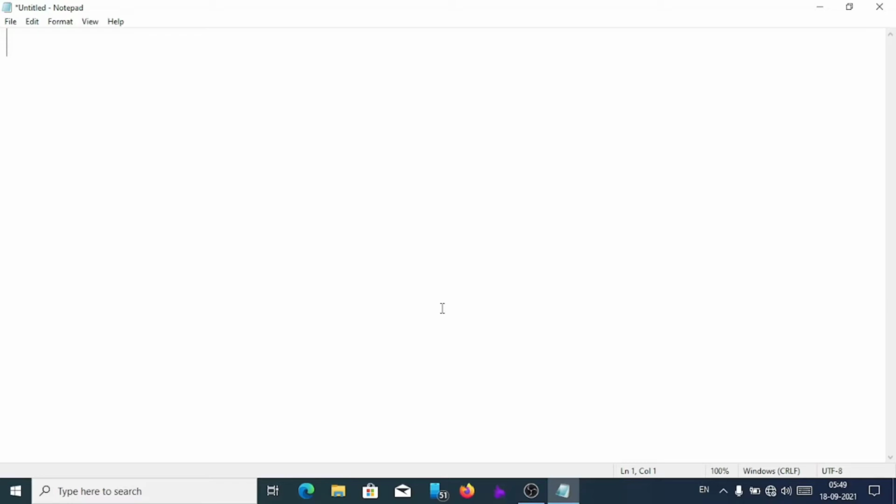Suppose the conditional statement was like this, and we'll store the result in a variable called result. So var result equal sign, then the condition, and suppose we have stored the marks of the student in marks variable. So marks greater than equal to 30, then we'll have question mark, true value, pass, again colon sign, fail.